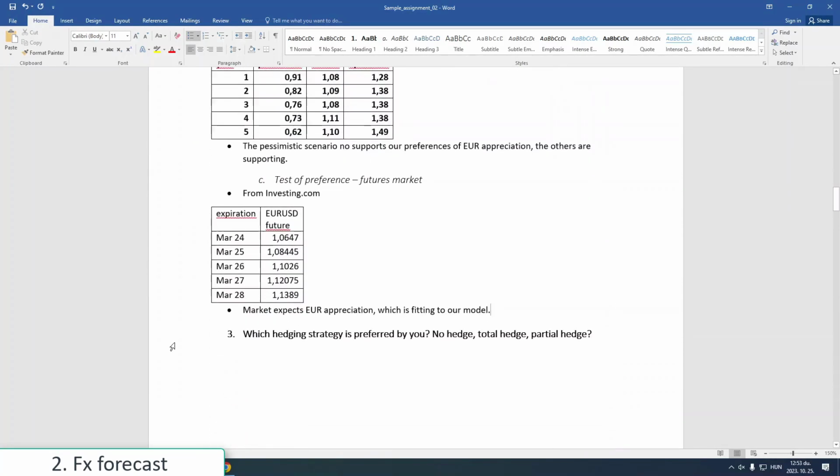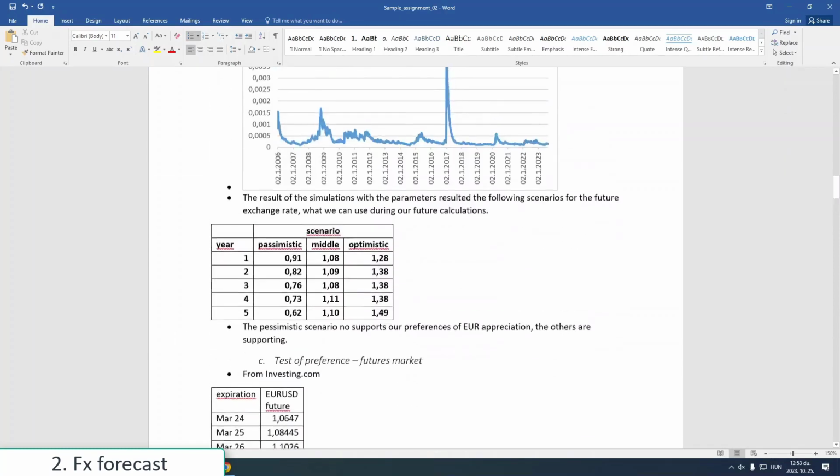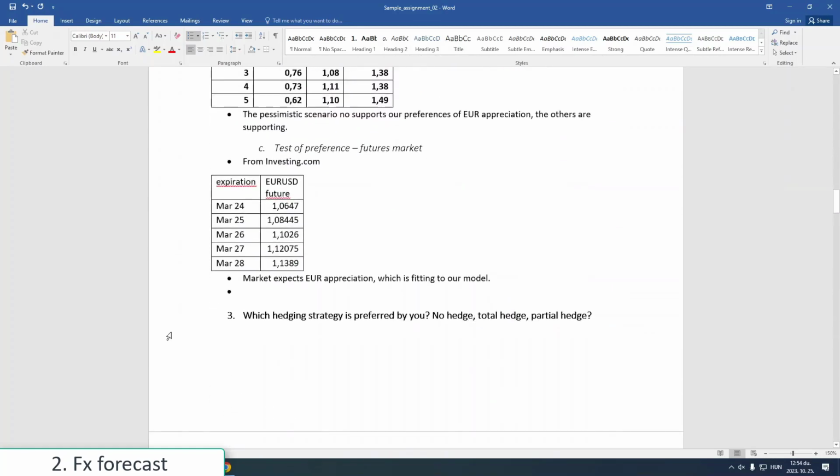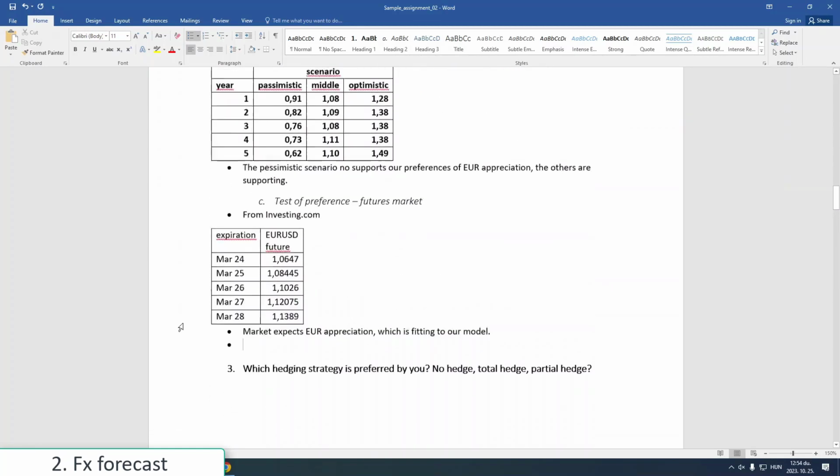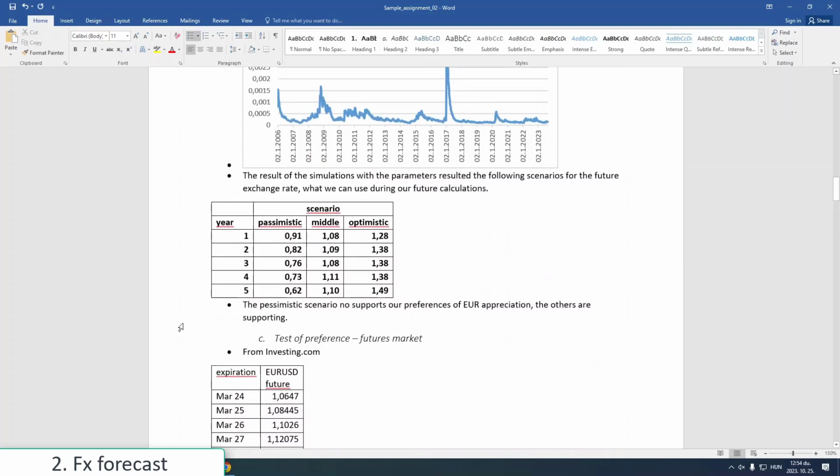Okay, so now we have different parametrizations, different forecasts. If we would have a reliable VAR model, which we don't have, then we would add also that one, but this year we are skipping